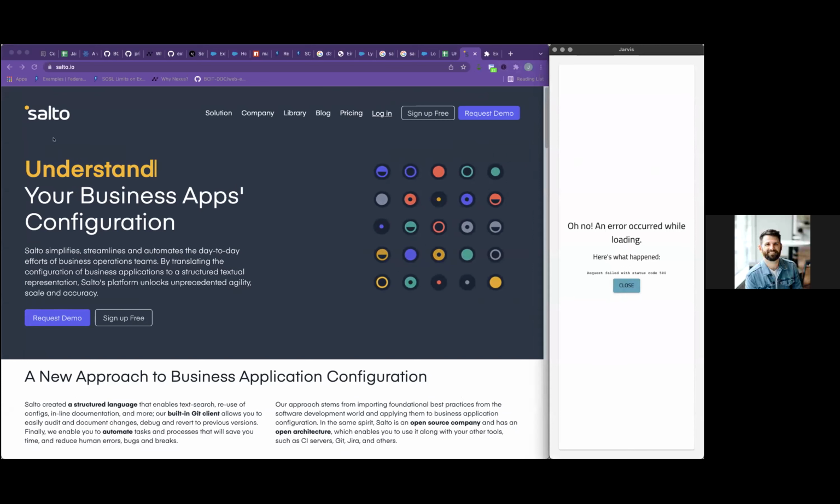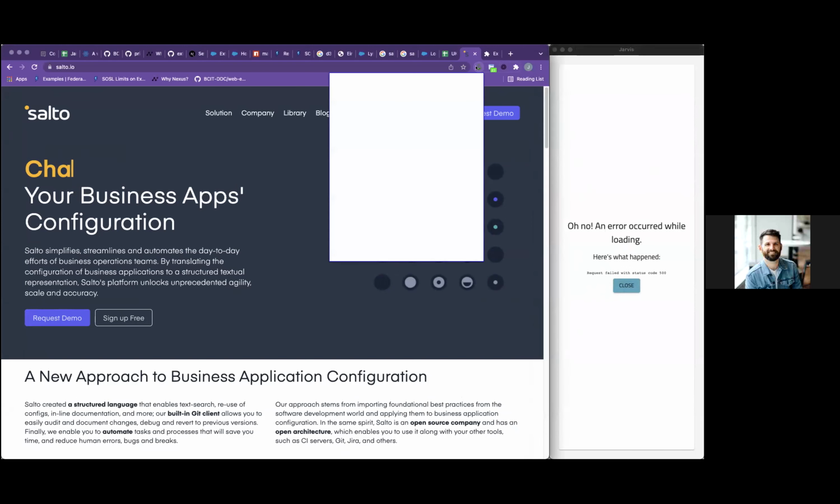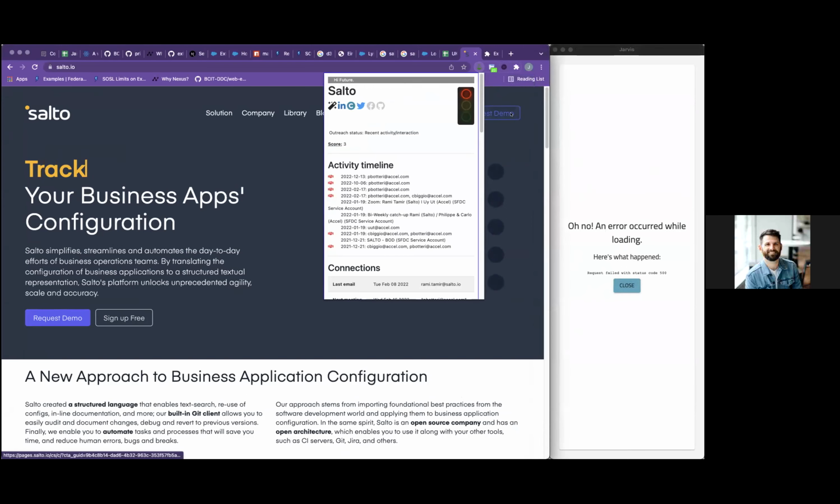information it can about Salto, and then display it in the sidebar. And then there's also going to be, well, here's the other version. Alchemy is what this one's called. This is another Chrome extension that we're trying to marry the two together. And so this went out and got everything there was about Salto